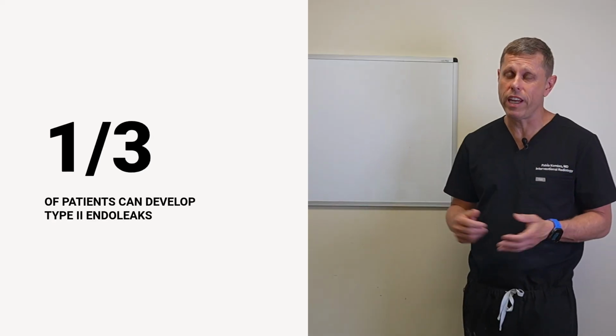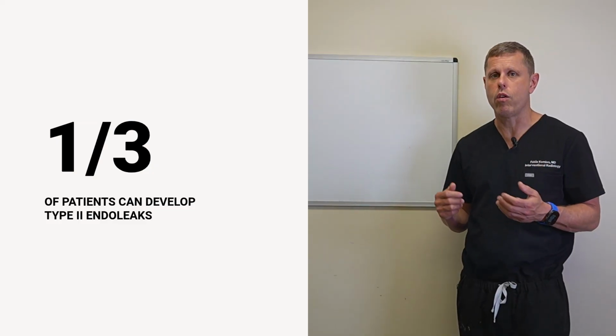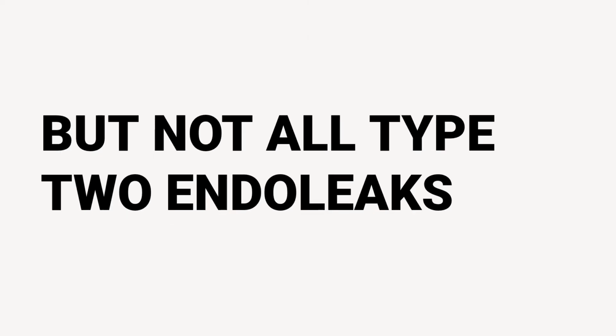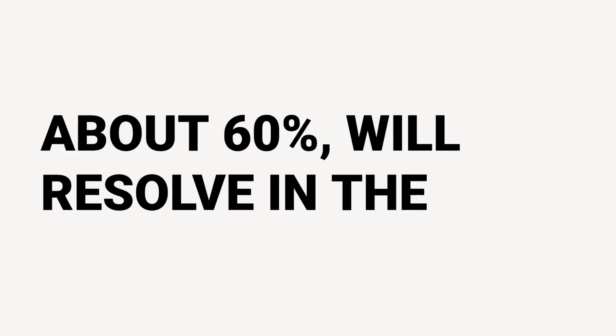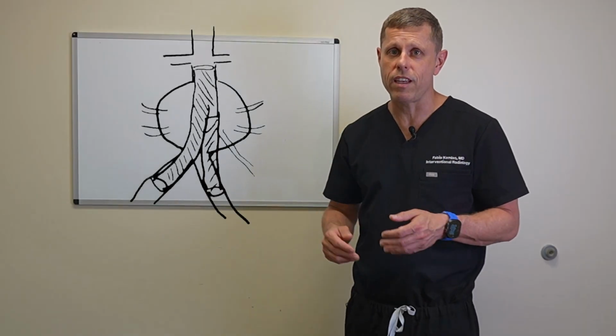So type 2 endoleaks can happen in up to a third of the patients that undergo an endovascular repair of abdominal aortic aneurysm. But not all type 2 endoleaks need treatment. And that's because most of them, about 60%, will resolve in the first year after the procedure by themselves. Without doing anything, they will resolve. But if they don't, and especially